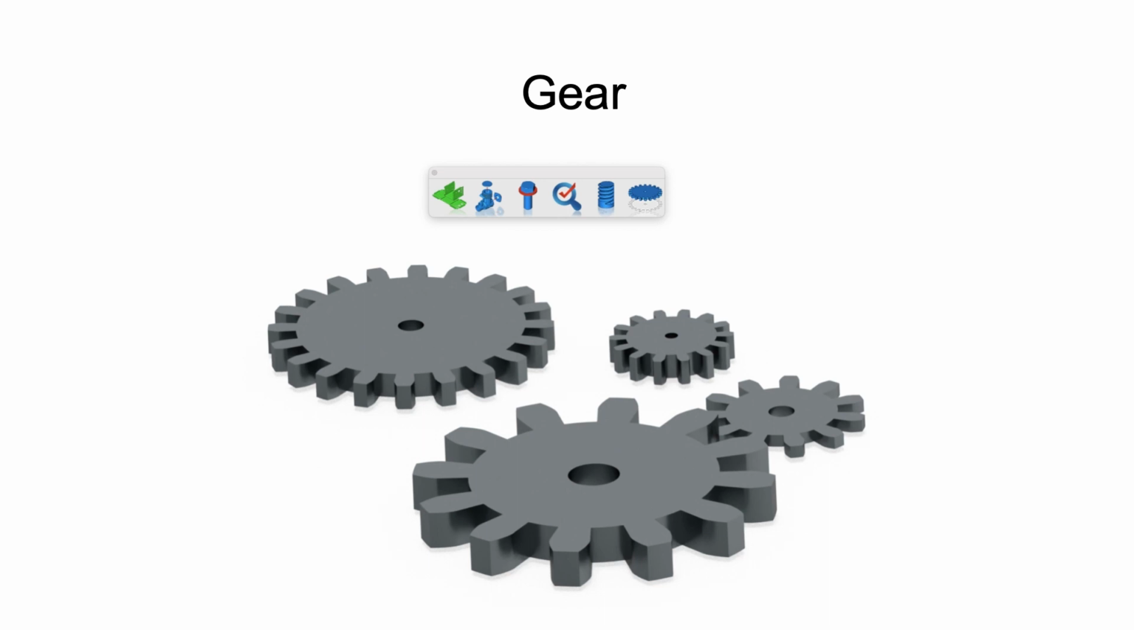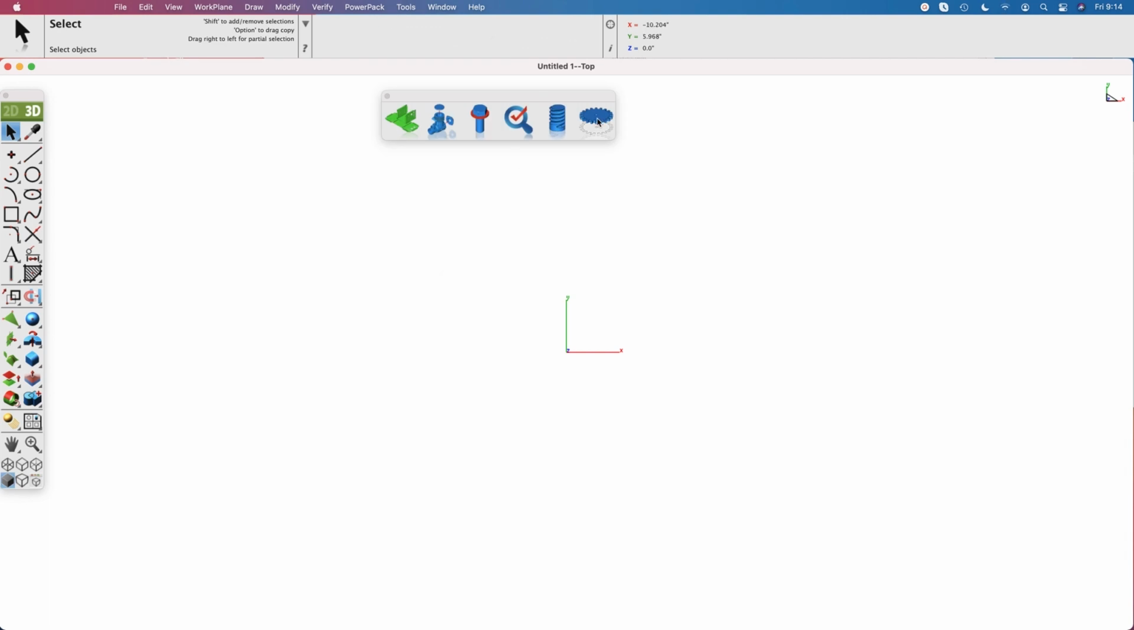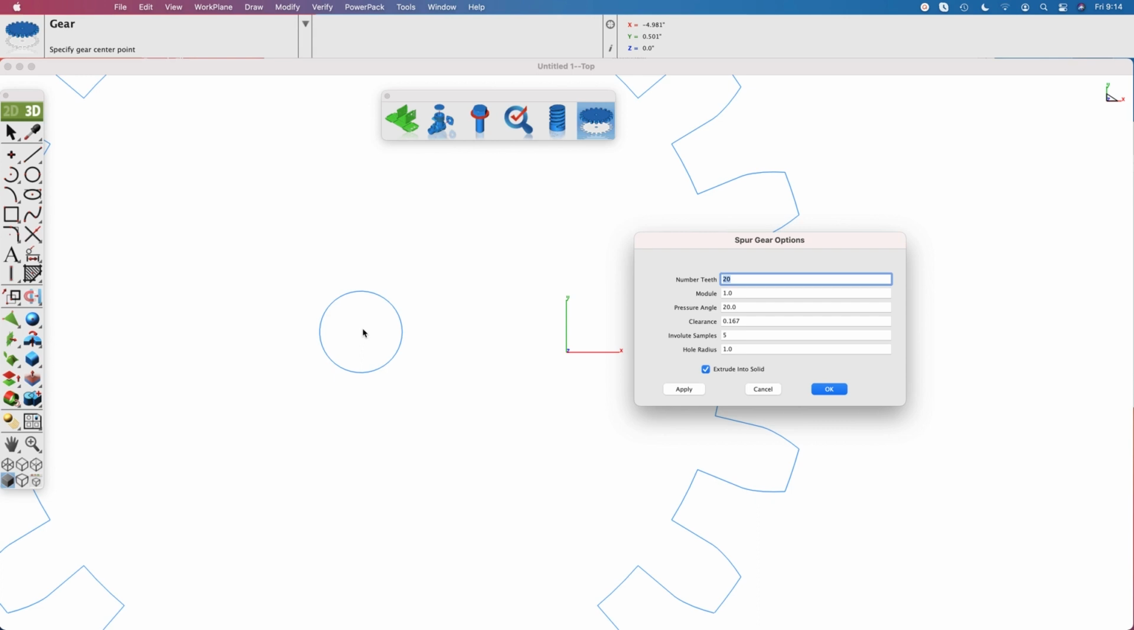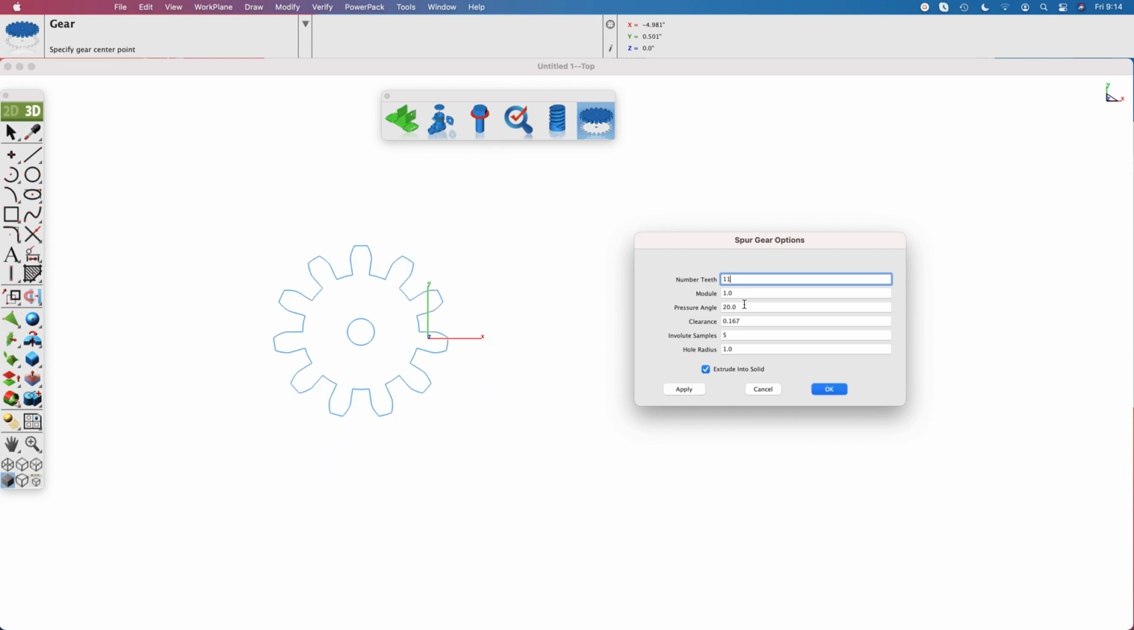was also updated to support creating an associative solid with editable parameters based on the gear 2D profile. Select the Tools Mechanical option to display the palette. It's the last option on the right, the gear. Select the center for the gear, and you'll have a Spur Gear Options dialog box that lets you preview and